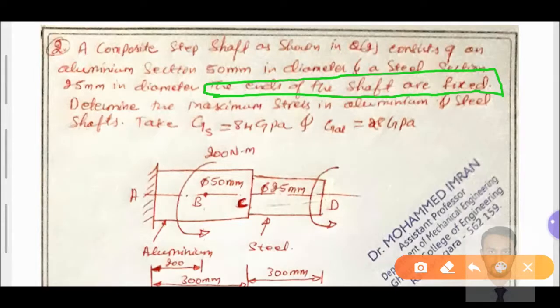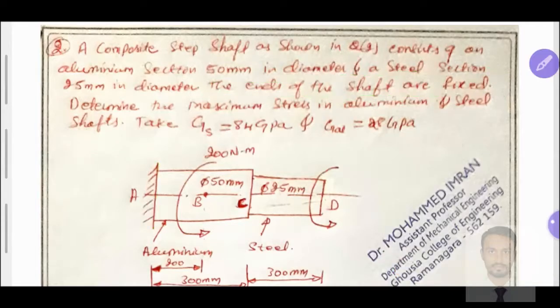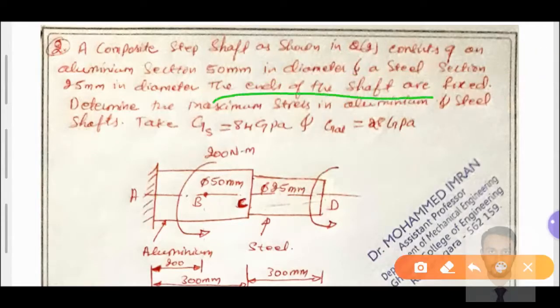As stated, the ends of the shaft are fixed, but in the diagram we see only one end fixed. The rest of the shaft element is free, and torque is applied at the free ends. You check here, but in the statement he has stated the ends of the shaft are fixed. That indicates this end and the last end are fixed, where the torsional displacement is equal to 0.